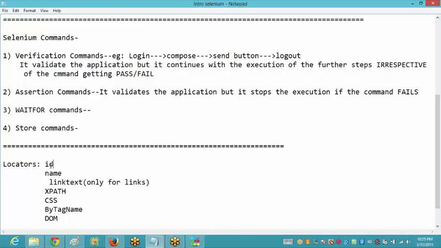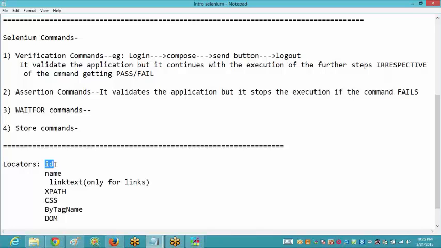For the very first time, you will have to use the locator as ID. Now there could be a case that 2 or 3 text boxes share the same ID. The ID may be same for 2 or 3 text boxes or check boxes. Then in that case, how are you going to uniquely identify which text box you are talking about?